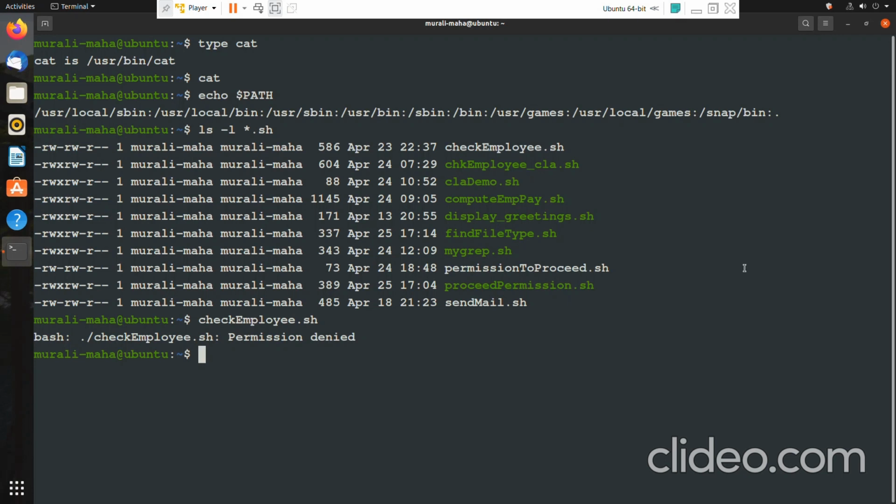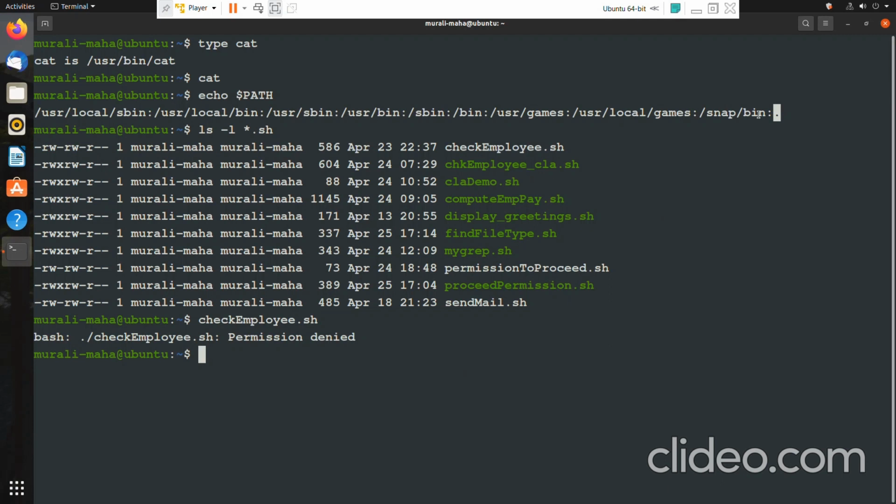See, look at the content of the path. At the end of the path, dot is suffixed. Dot refers to the current directory. So after searching in various directories, finally it has searched for this check employee.sh in the current directory also, and it has found it.